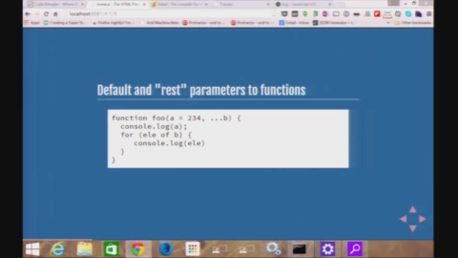So again, these are all nice little features they're starting to bake into JavaScript as a language, and they're at the language level. It's not like I have to go find a compiler, except for the fact that your browsers aren't ready to do this yet, right? Most of them